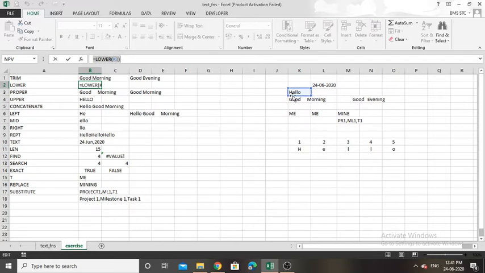Here H is a capital letter, the remaining letters are small letters. Since we use the function lower, it will convert the capital letter H into a small letter, and the small letters remain the same: hello, like this. Okay.